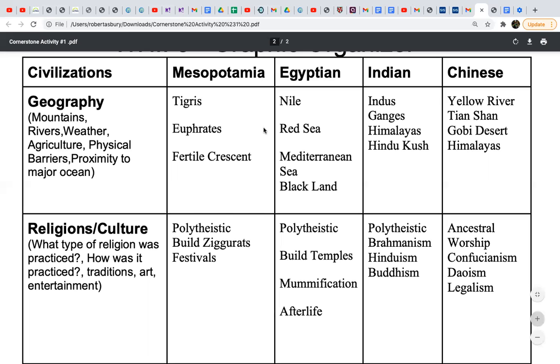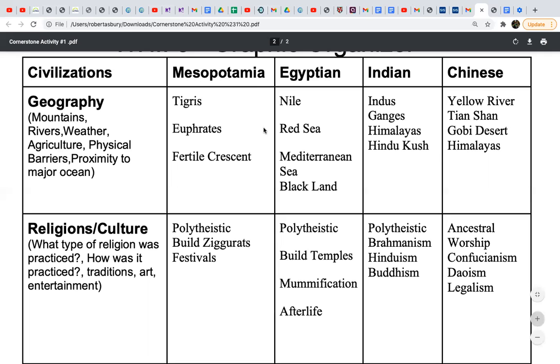The Hindu Kush does protect from invasion, but eventually invaders come through the north, the Aryans, and they wind up bringing the caste system and all that good stuff. So the Hindu Kush, and then you want to put in there the Indian Ocean.